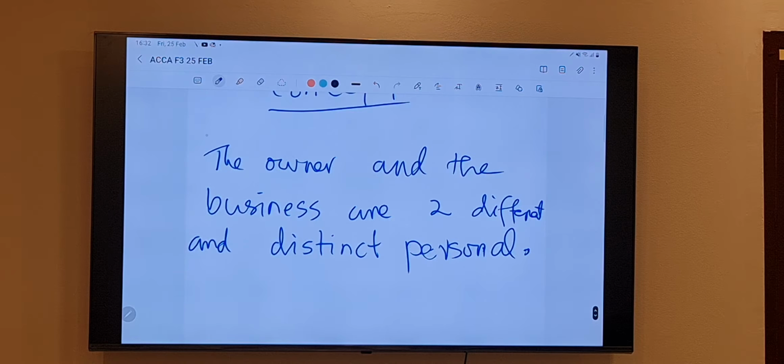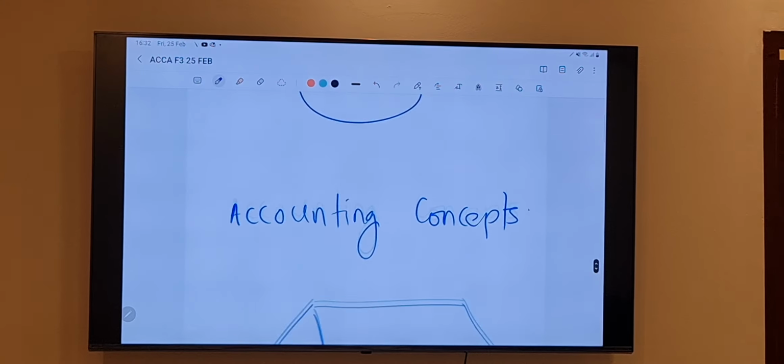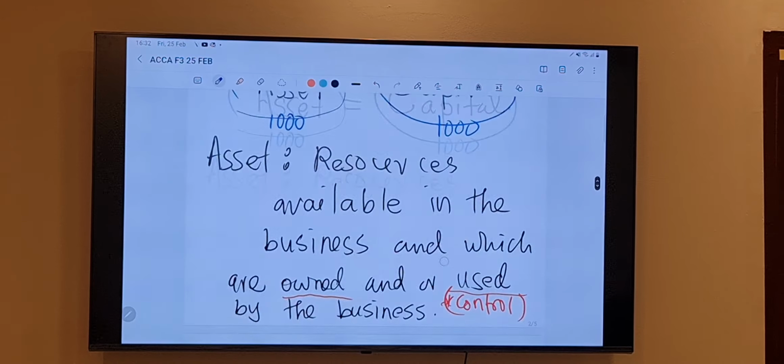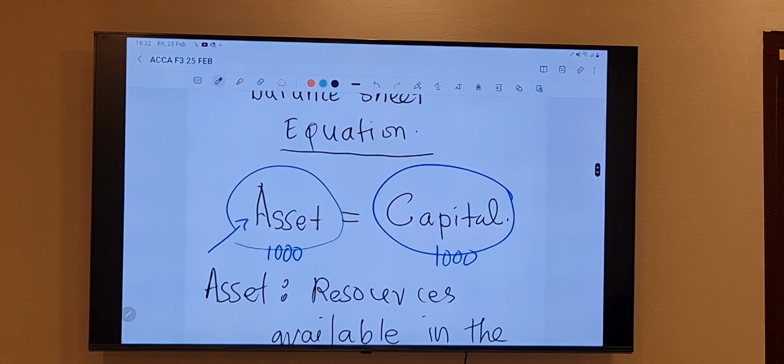This is the first accounting concept. We will study so many different accounting concepts. This is the first one. From this only we developed this equation, by the way. This equation came because of that concept. Otherwise, I won't be segregating that. See, it's same like now. If we think it is one and only, then I have no point of segregating that as asset and this as capital. Now we say that this asset is equal to capital.